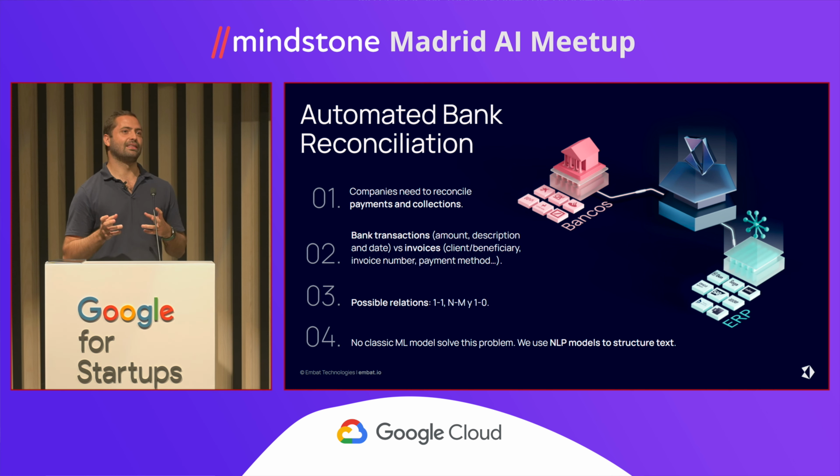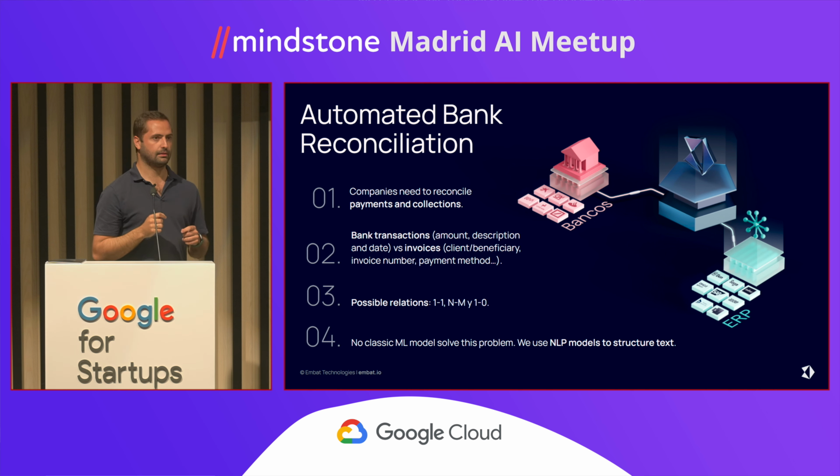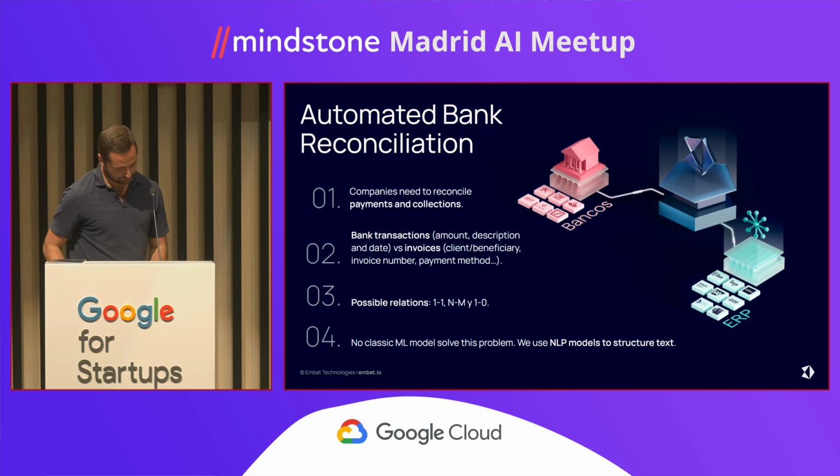The description, as you can imagine, is a string, like a text. So it's unstructured, but maybe by processing that string, you can get more structured data, right? You can have who the counterparty is, because, for example, the description is "factura to this proveedor" or whatever. And you can have a lot of different data which you can map to the information coming from the ERP. For example, the invoice number, right? The same invoice number 101, whatever. So you need to map this.